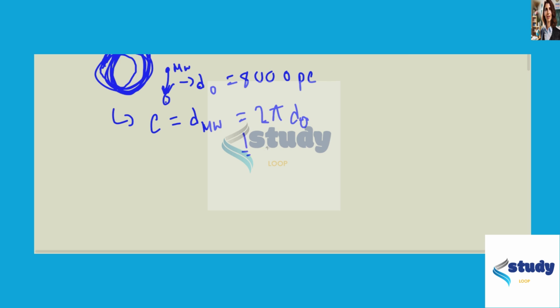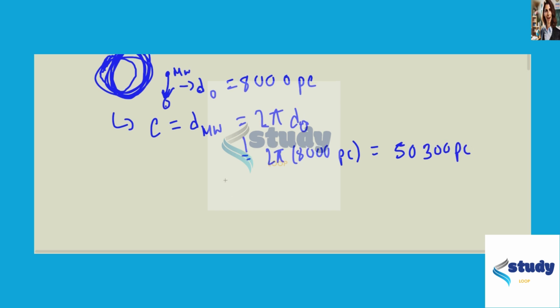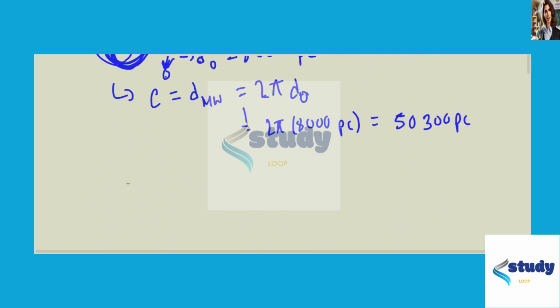And so this is 16,000 pi parsecs. That's 50,300 parsecs. Now we have a distance and we have a velocity, and therefore the last step is to,